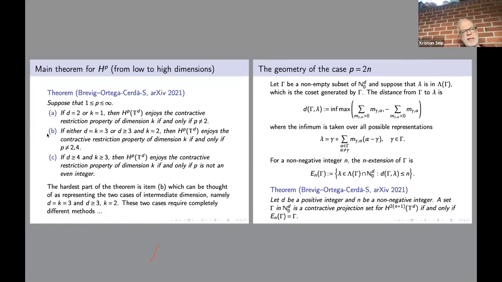In intermediate dimension, something new happens when P is 4, and in high dimension, funny things happen for all even integers. Well, I should be able to finish, so I will not say much, but on this page, there is something about what the proof is about. It's a geometric problem,